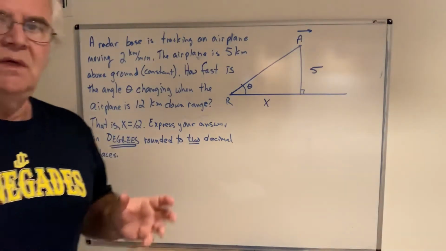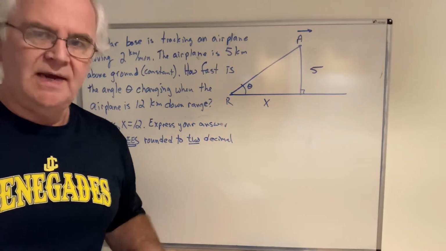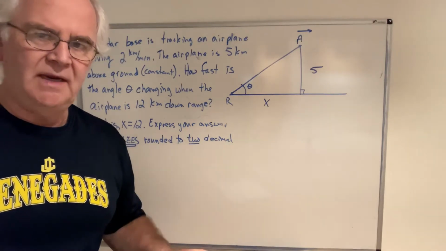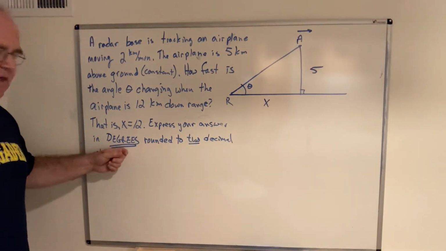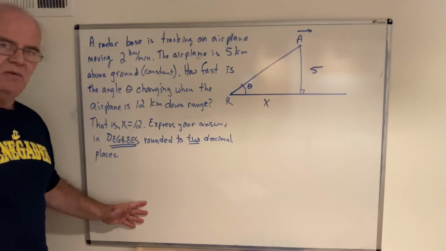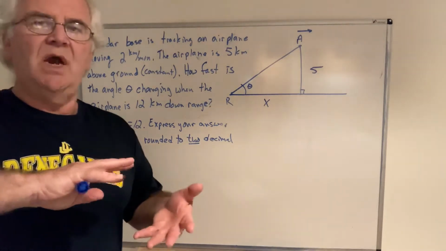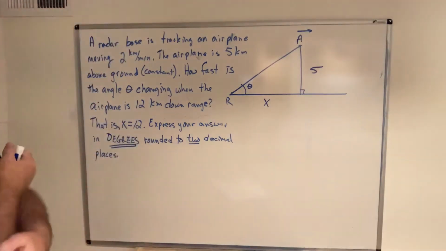Anytime you do trigonometry with the calculus, everything must be measured in radians. Everything must be measured in radians. Now, since we want our answer in degrees, we're going to find a solution. That solution is going to be in radians, and then we will need to convert to degrees, and we'll go through that process. All right,